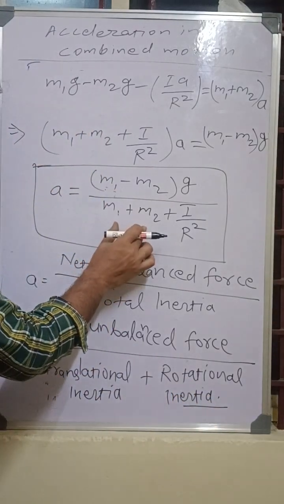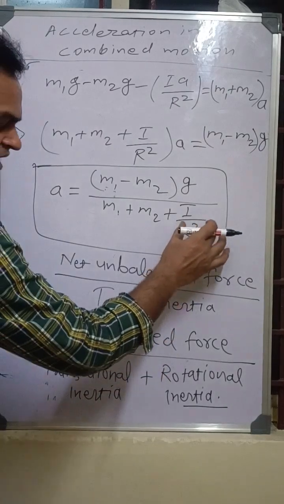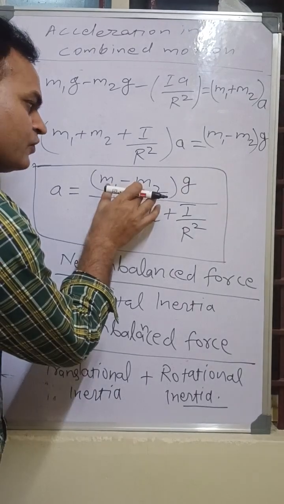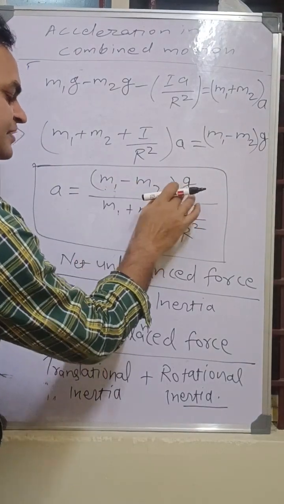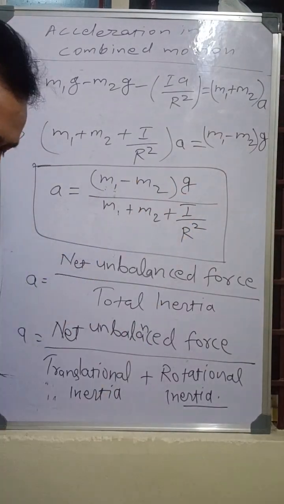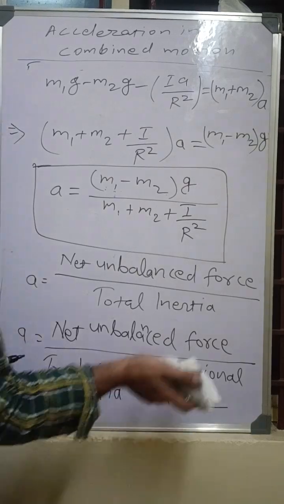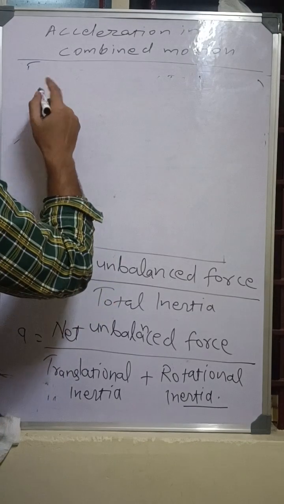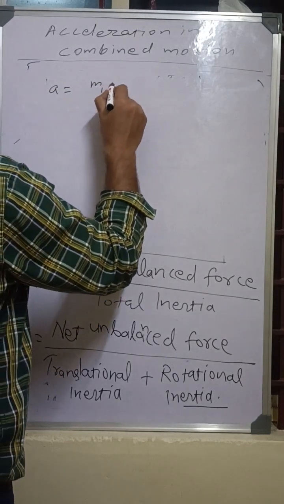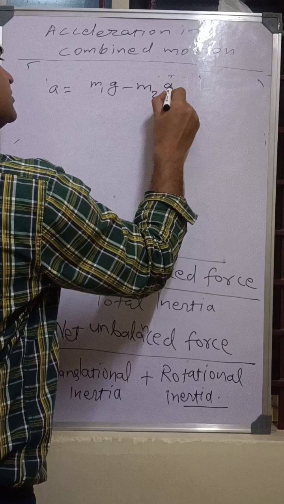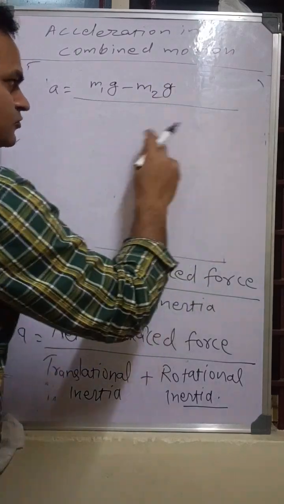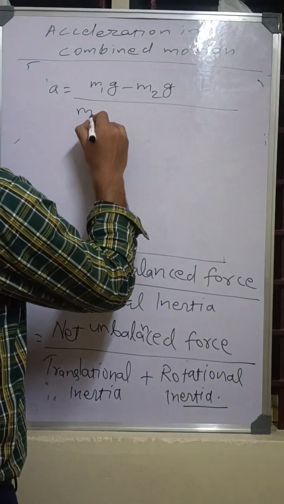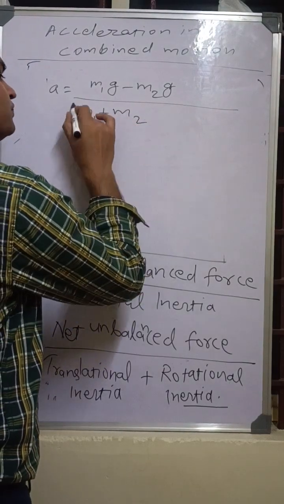Remember, m1 plus m2 is translational inertia and I by r square is rotational inertia, and m1g minus m2g is net unbalanced force. So we can write A equal to m1g minus m2g, that is net unbalanced force, divided by translational inertia, which is m1 plus m2,